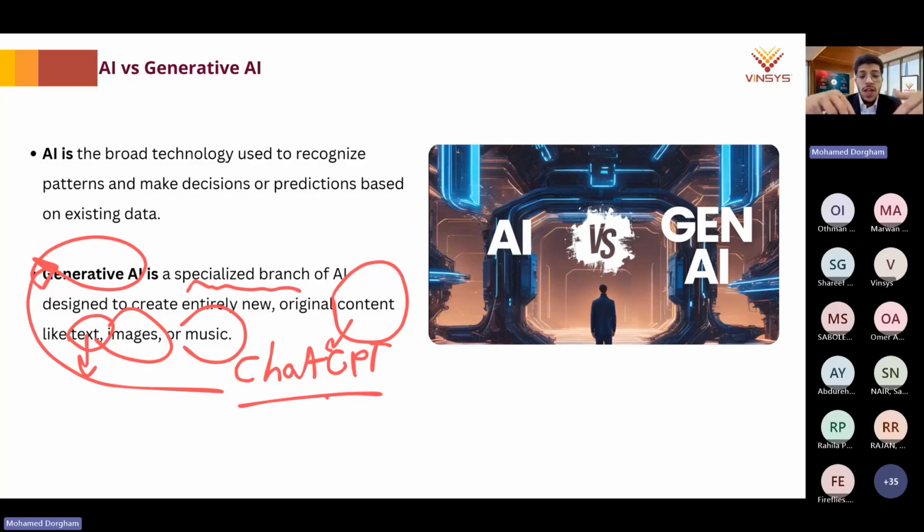Today we're going to see many different AI tools other than ChatGPT. One of the objectives for today's session is that I want you to walk away with a plan of how you can use multiple AI tools.